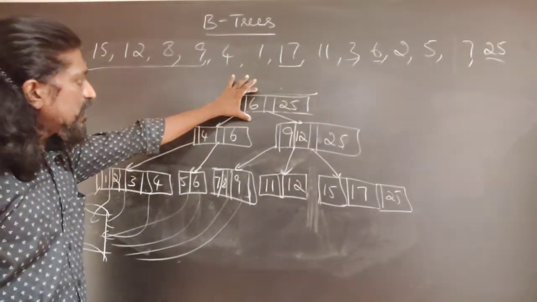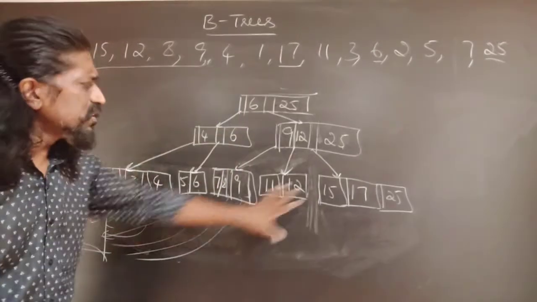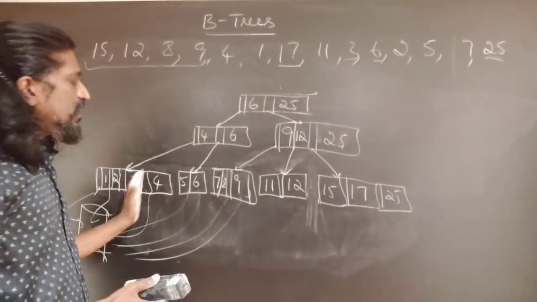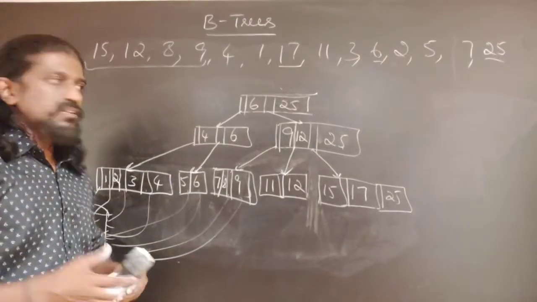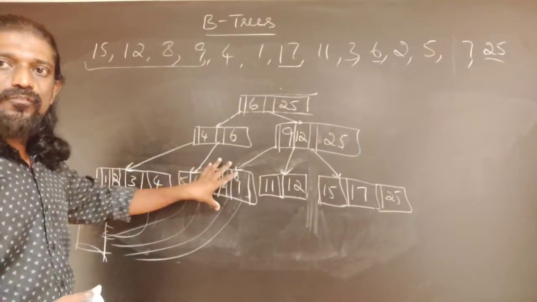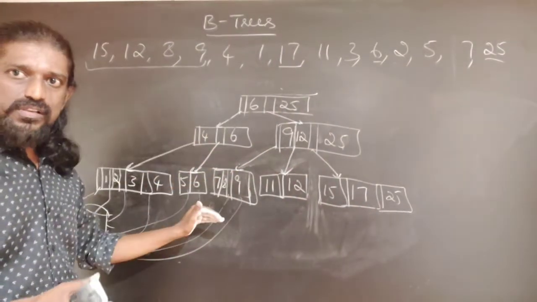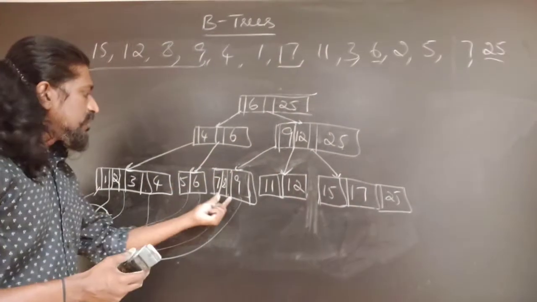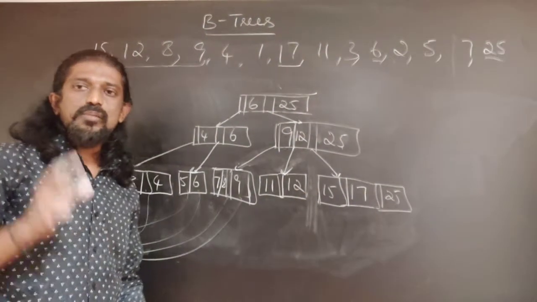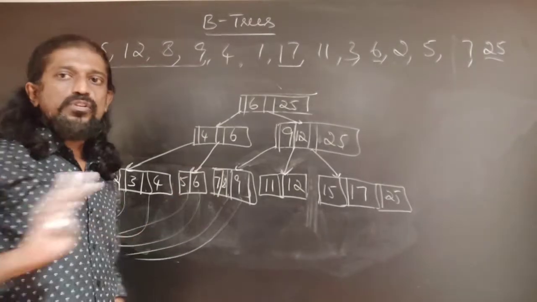So if I assume that all these nodes are stored in the hard disk, then in this particular B tree, at most I will have to perform 3 seeks. One for this block, then to find this block, then to find one of the blocks in the third level, and after 3 seeks, I will have the address of the data record in the hard disk. So to access the data record in the hard disk, I will be performing one more seek, that is the 4th seek.